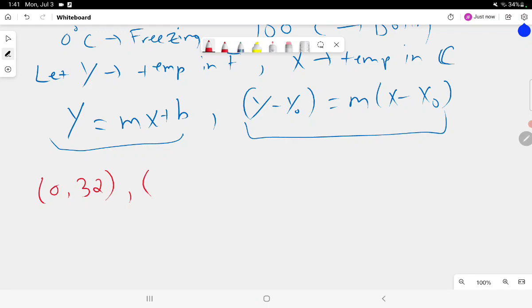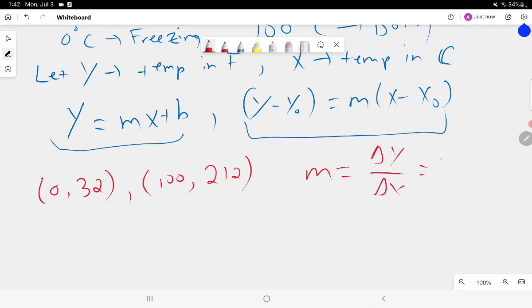And similarly for boiling, we're going to have 100 for the Celsius. That matches with our x being temperature in Celsius. And we're going to have 212 in Fahrenheit. So now, first thing we need is the slope m, which is just delta y divided by delta x, which is the same as